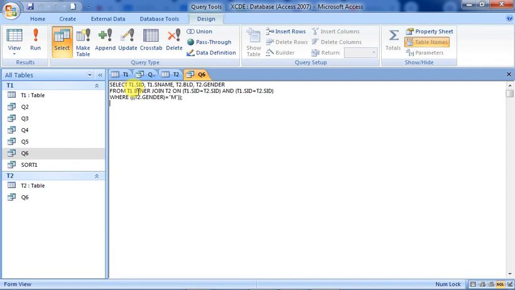From T1 inner join T2 means T1 and T2 are joined together. That is the inner join on T1.SID equals T2.SID, both sides it is checking, where T2.gender equals M. So you have to give it in this way only. This is the query. All right.